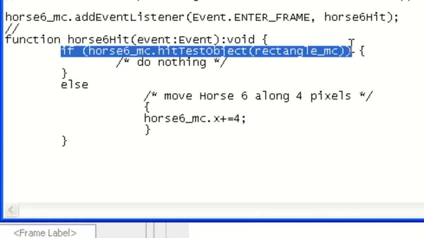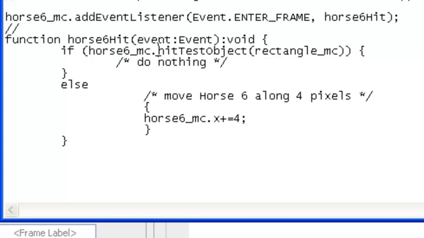If horse 6 hit test object, brackets rectangle, now that's Flash ActionScript coding. Hit test object is a Flash function, something built into Flash that enables you to check whether two movie clips have collided with each other. If the horse has reached that finish post and hit that little red rectangle we drew onto that finish post, so we're saying here, if that's happened,